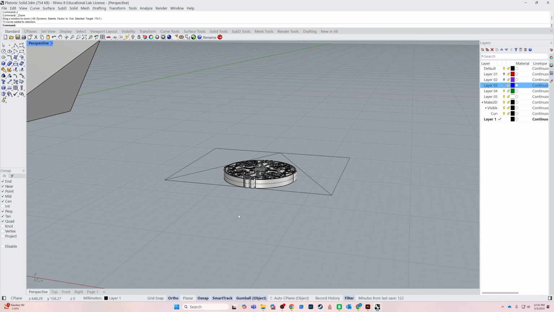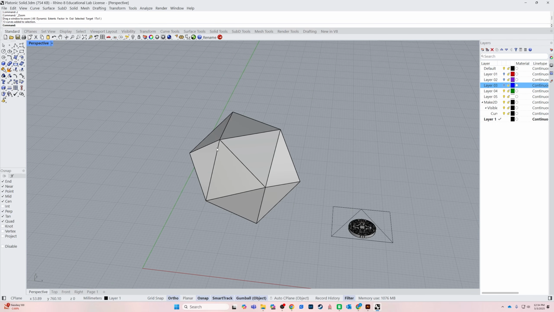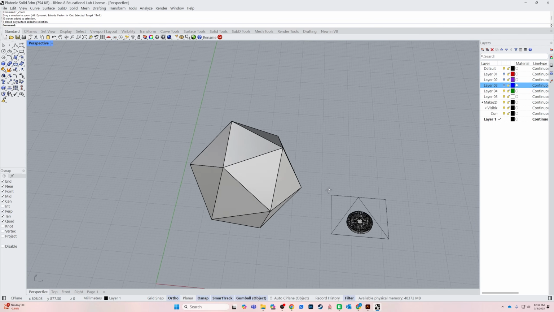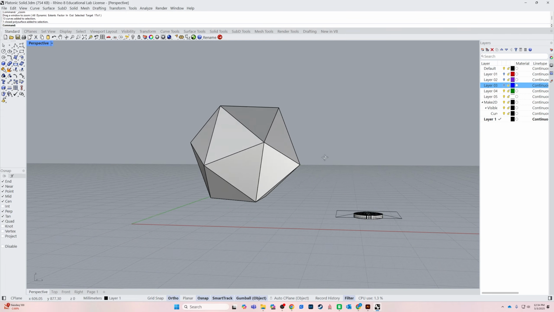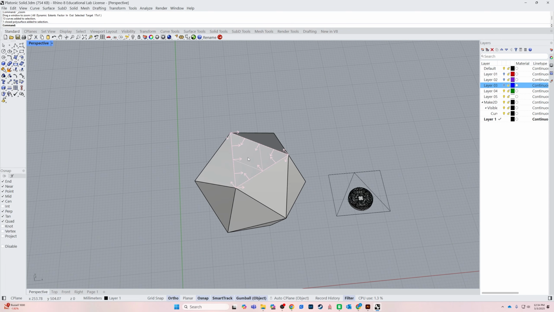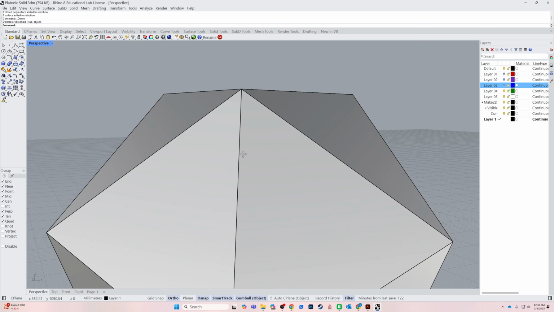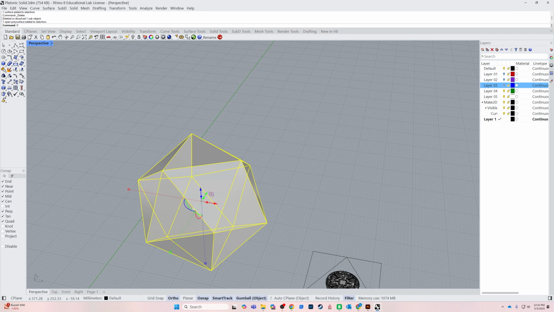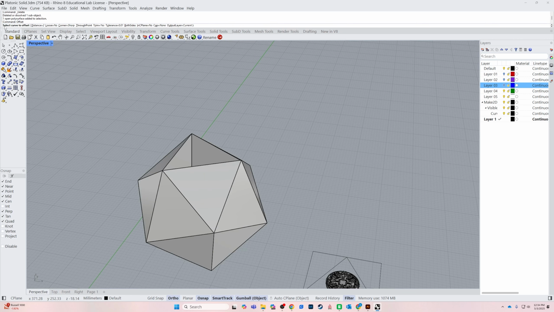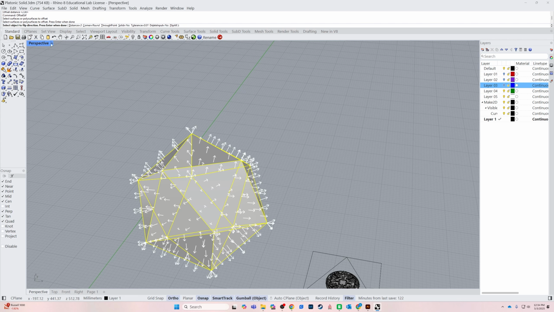Very cool. Next thing we want to do is actually make the thickness of this object. So I'm going to find the top of it here and Control-Shift-click on this and hit delete to delete that face. Then I'm going to go offset, and I'm going to do a distance of 3 millimeters. Wait, offset surface. Offset surface, click on this, enter, distance is 3. I want it flipped inwards, so I'm going to flip all,